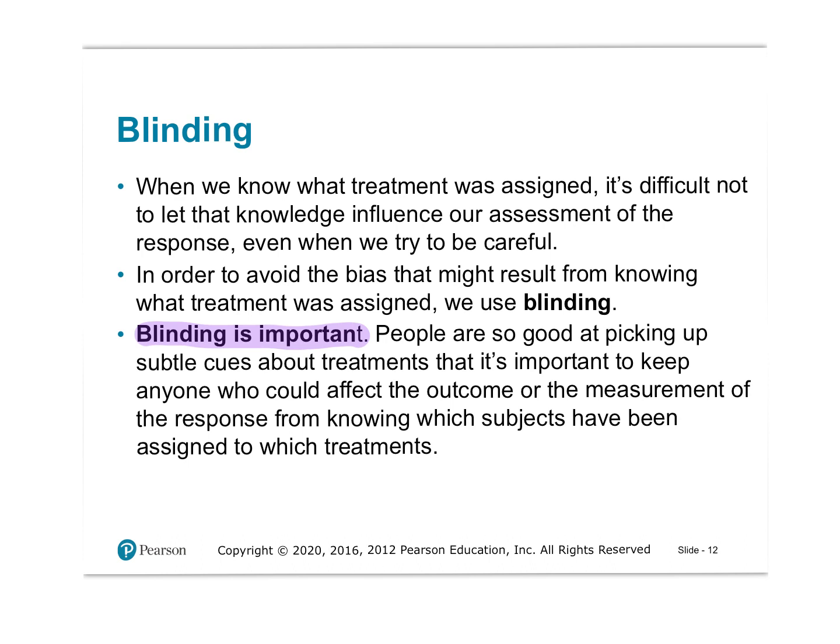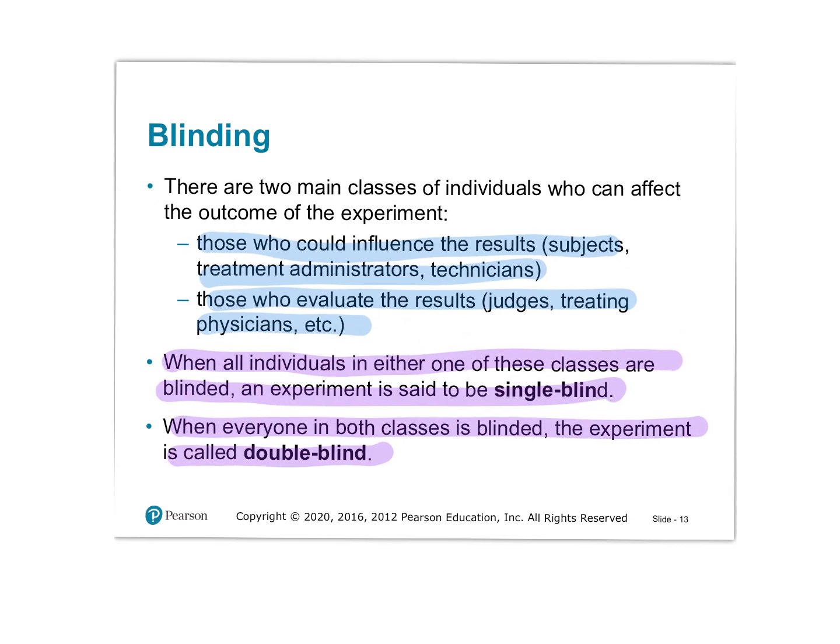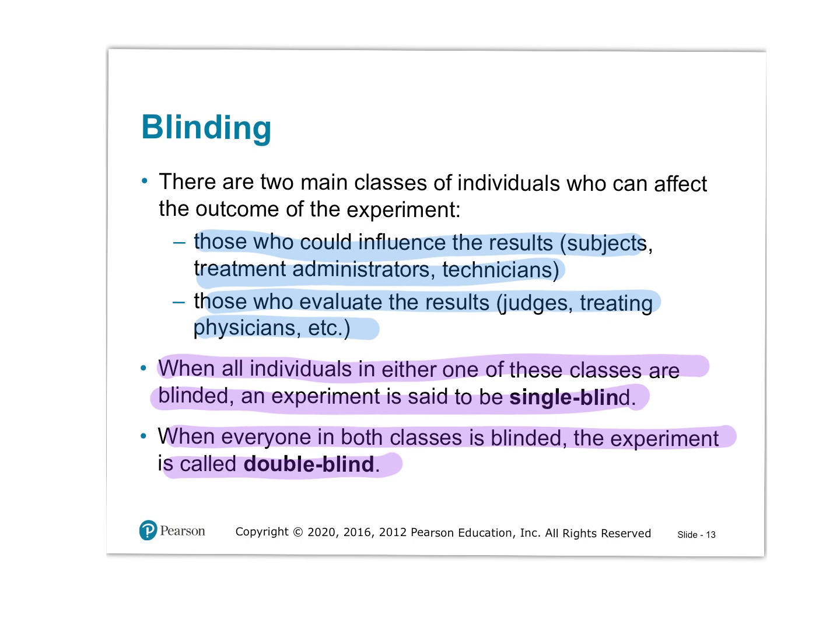So there can be what's referred to as single blinding and double blinding. Single blind is more of a safety thing, if there are potential issues where somebody could possibly have some type of medical emergency. Then the people who are administering the experiment would need to know who's receiving what treatment. And so that would be what's referred to as single blind. Obviously, the subjects have to be the ones who are blinded.